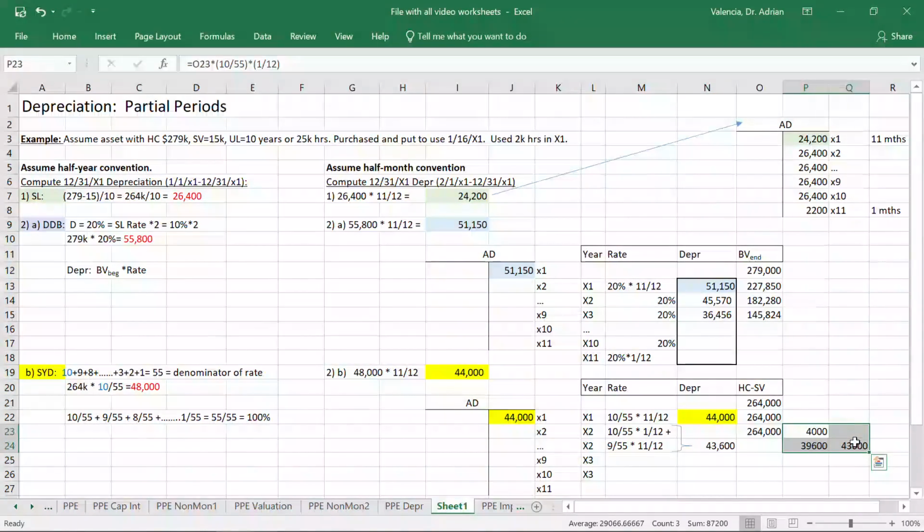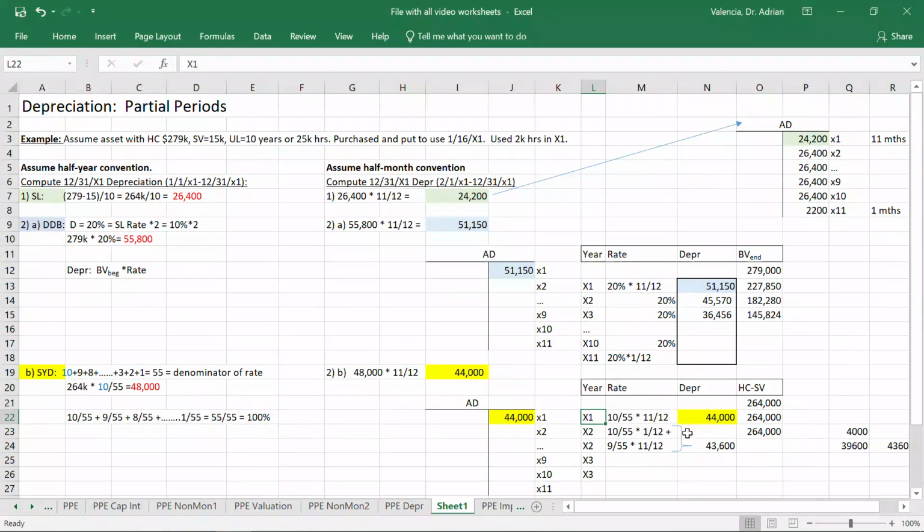All right, I'm going to move this out of the way here because it's getting too close and it'll make it look disorganized. So again, fiscal year X1, made up of 11 months, is 44,000. Fiscal year X2, made up of 12 months, but with different rates, is 43,600. Technically, you don't need this column right here. I wanted to make it look as parallel as the other one, but you need this column for